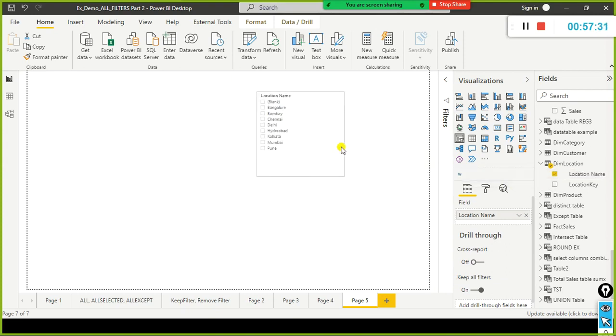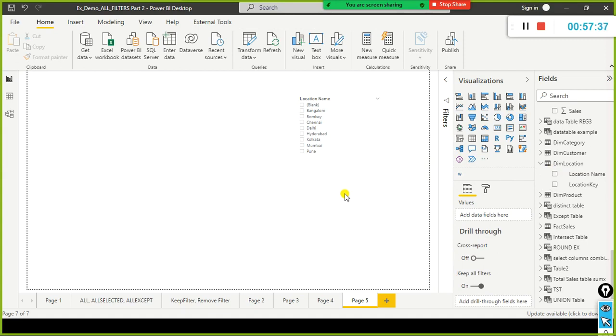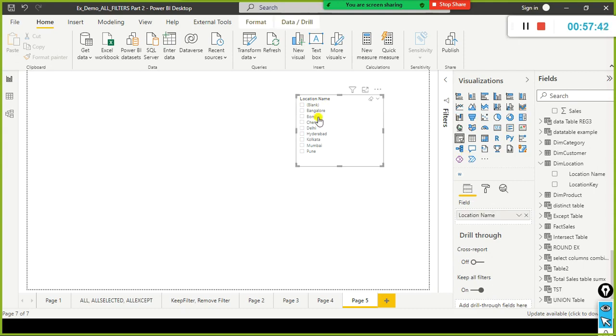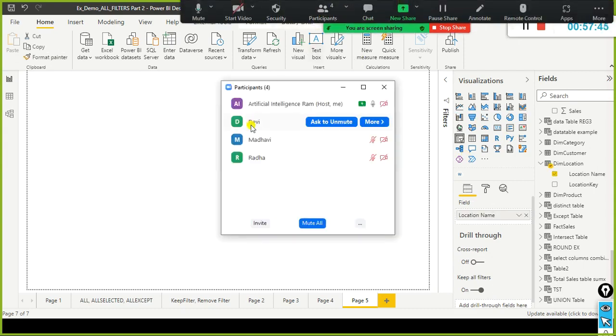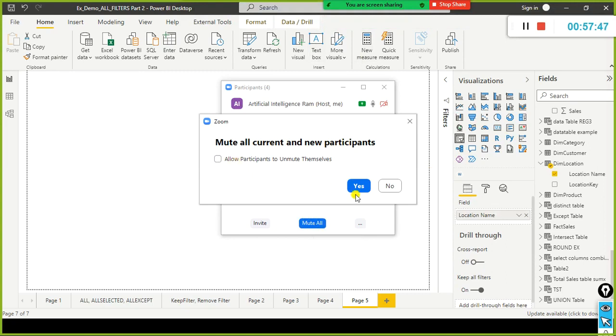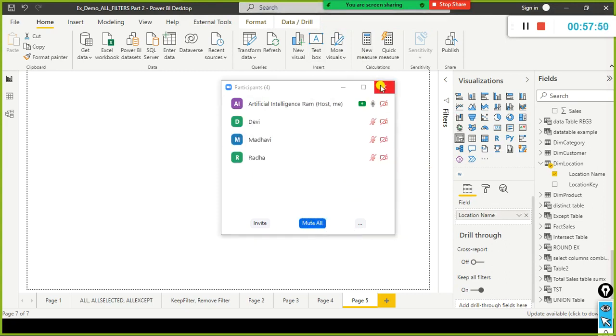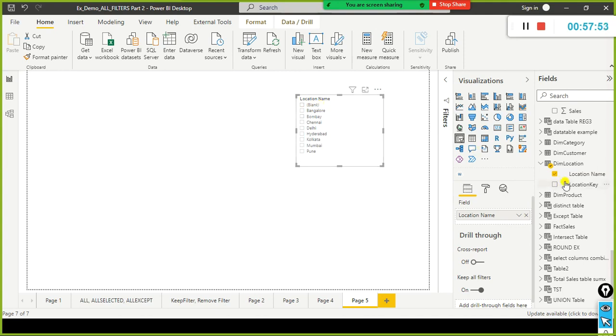Look here, we get a blank value first of all, before we get into the values function. So we are getting blank here in the dimension table location. Why are we getting blank here? Can someone tell me? Let me see how many of you noticed this clearly. I'm going to unmute you all so we can open up now. You can tell me why we are getting a blank value in this slicer for the location name column. Why are we getting a blank value? It inserted a blank record here because there is no matching value between